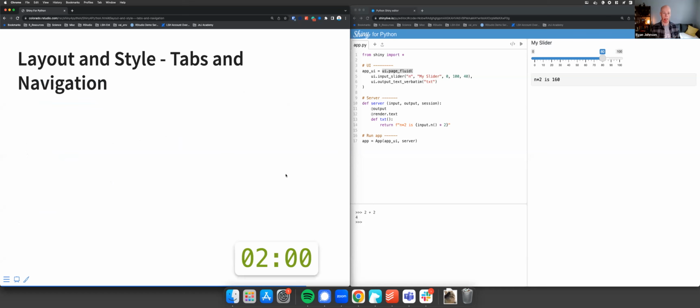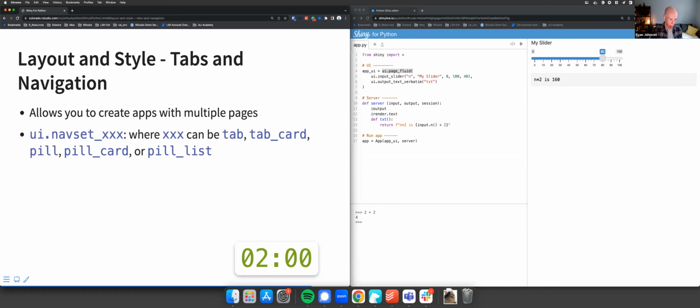But this next component is really powerful, and that's the idea of using tabs and navigation. Because like I mentioned before, it basically allows you to create apps with multiple pages. So as your applications grow in complexity, you don't necessarily want everything smushed onto a single page. Often it's good to have a little navigation bar so a user can go to a separate page on your application. So this is primarily accomplished using a suite of functions, UI navset _xxx, where this xxx